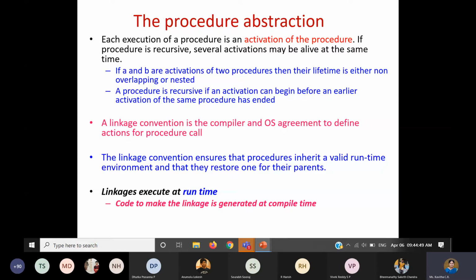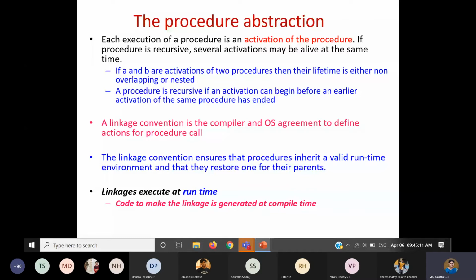So it is just that you are including and using it. That's it. So this linkage convention is another aspect of the compilation, where it will be added to your code, and directly it will perform all the actions that are required at the procedure call. Okay, so this linkage convention is also essential.